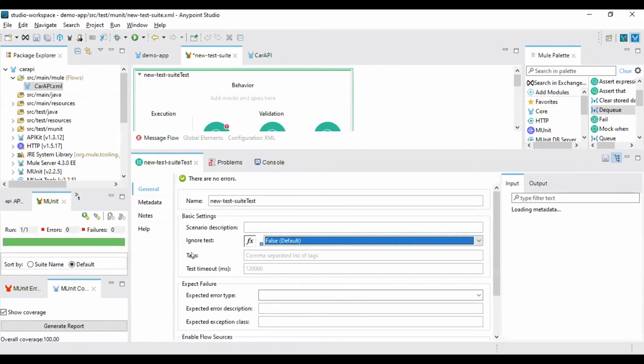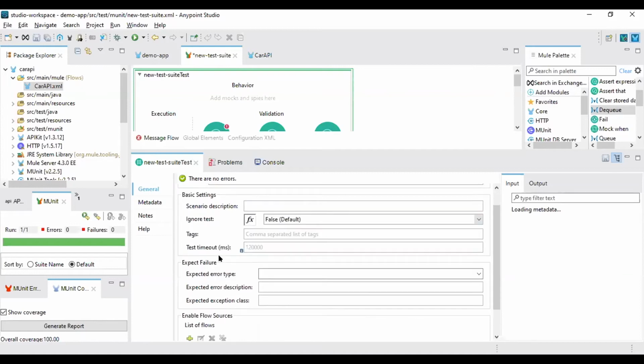If you want to run a set of test cases related to something particular, you can use tags. You can set a tag like success case or error case, depending on your functionality. By default a test case will time out in 2 minutes, and if you want to change that, you can change the timeout value.